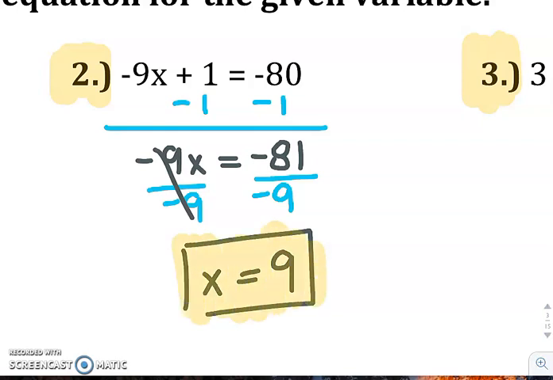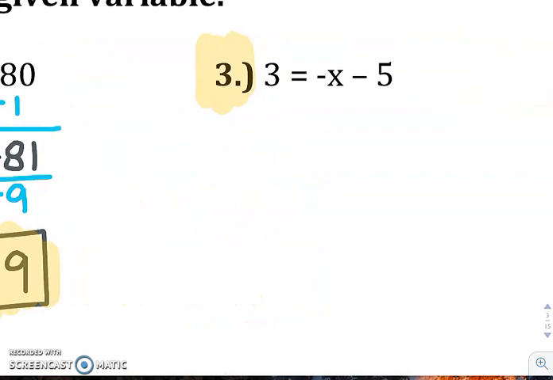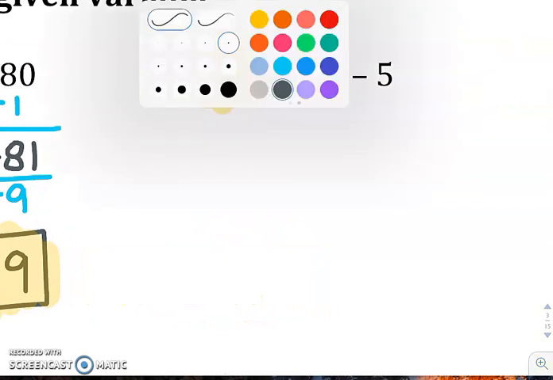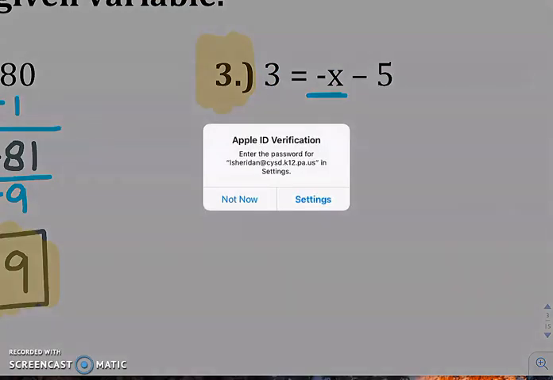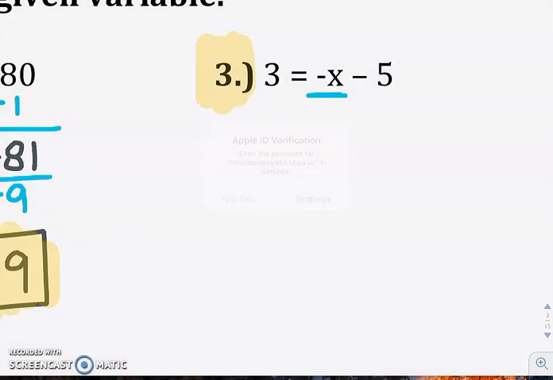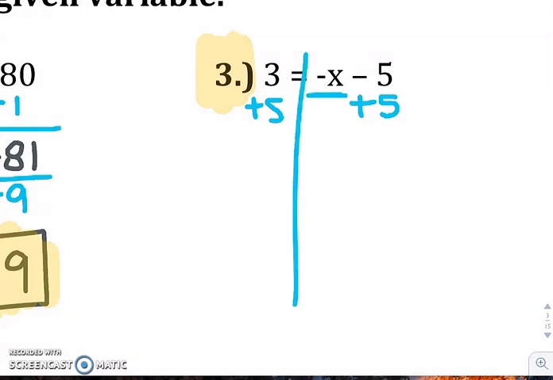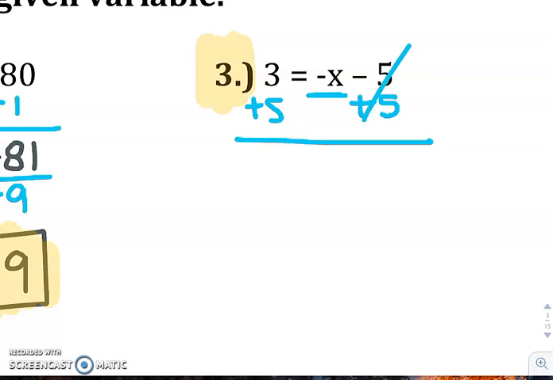So let's do the next one. So 3 equals negative x minus 5. So same thing, the variable's over here, so we're just going to keep it over there, and we're going to move the 5 away. So if it's a minus 5, we're going to add 5 to both sides. Again, if it helps to draw that line, that's fine. Cancels out over here. 3 plus 5 will give you guys 8